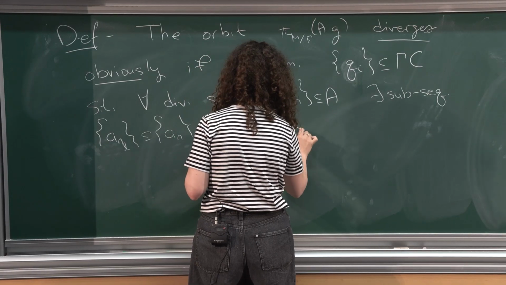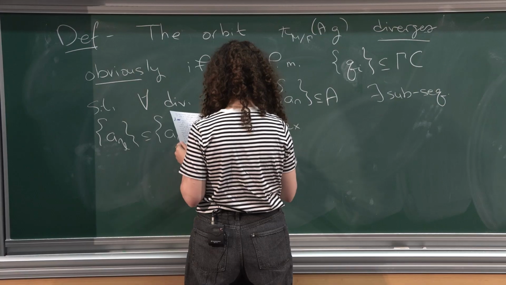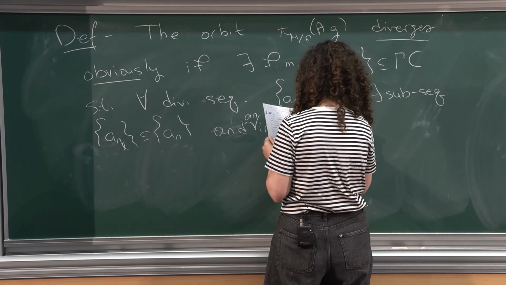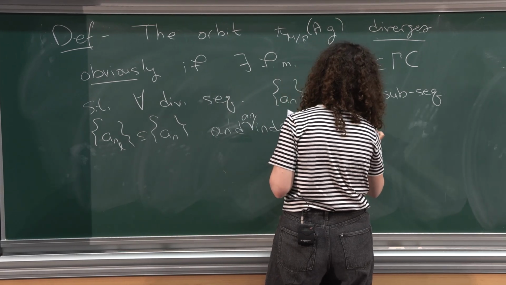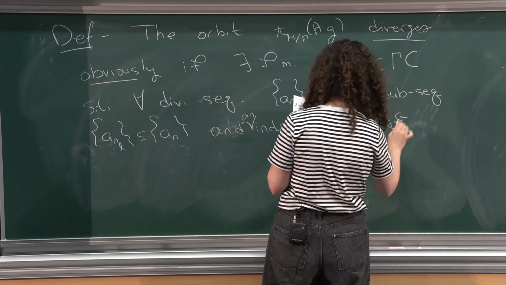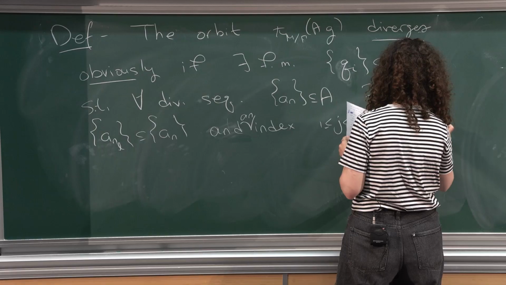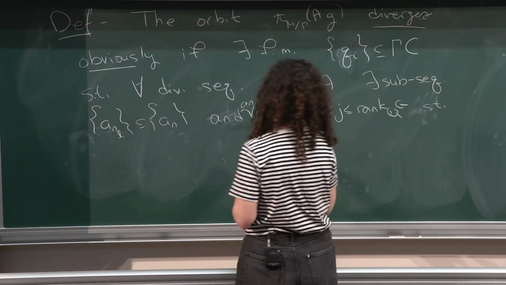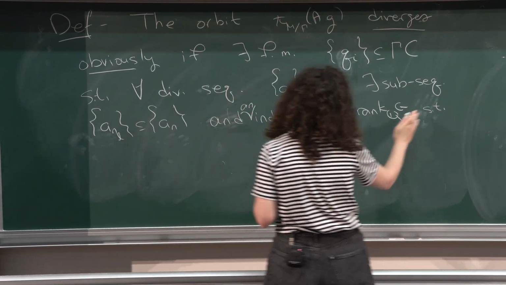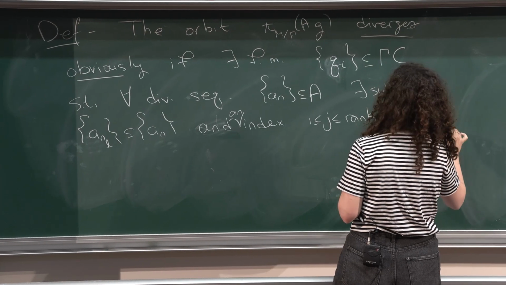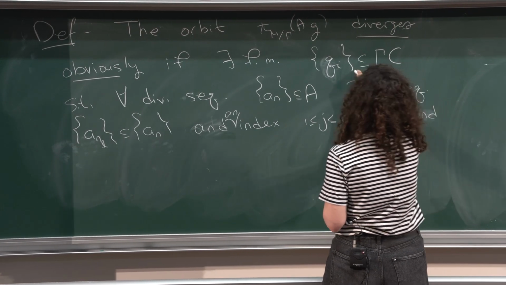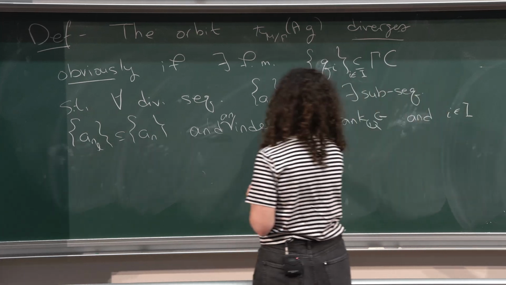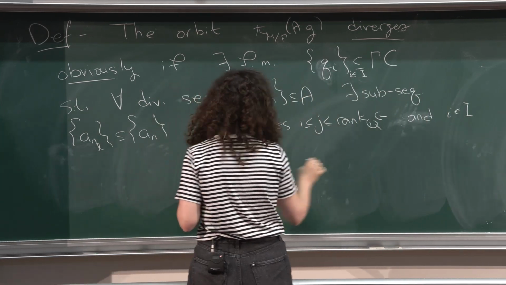and an index j from 1 to, again, the Q-rank, and also some i in I, so indexes, such that